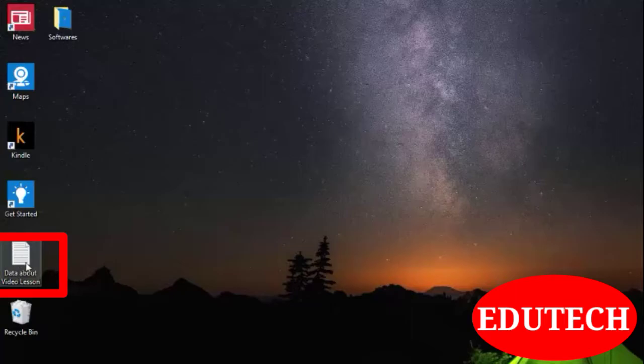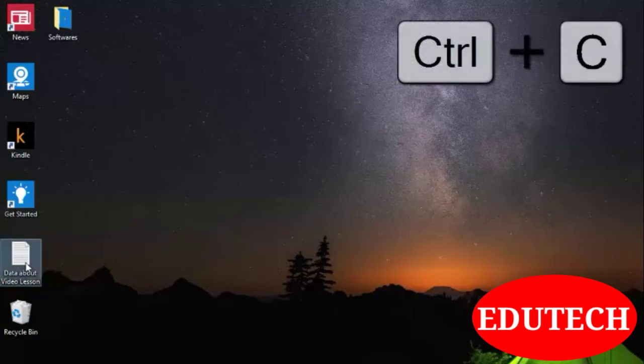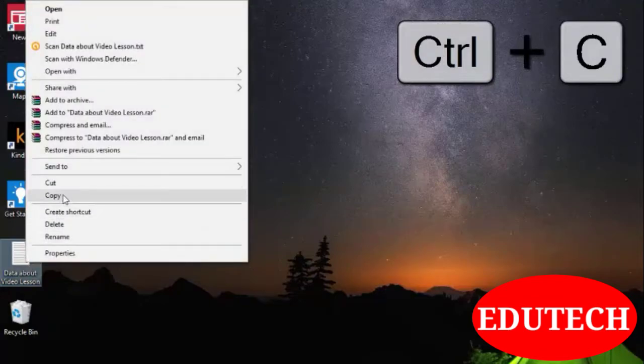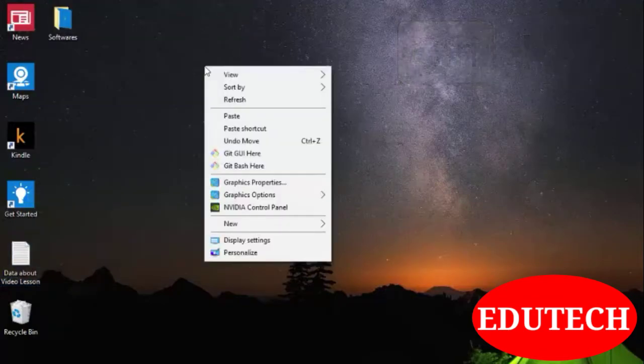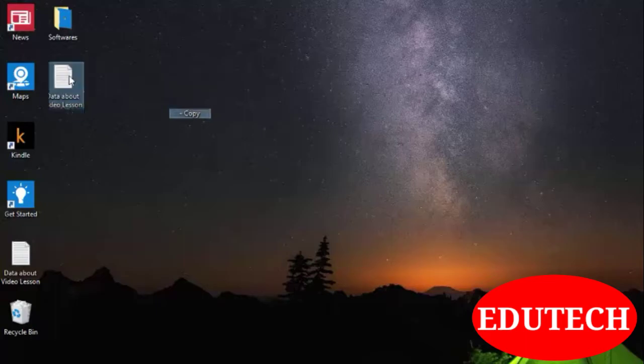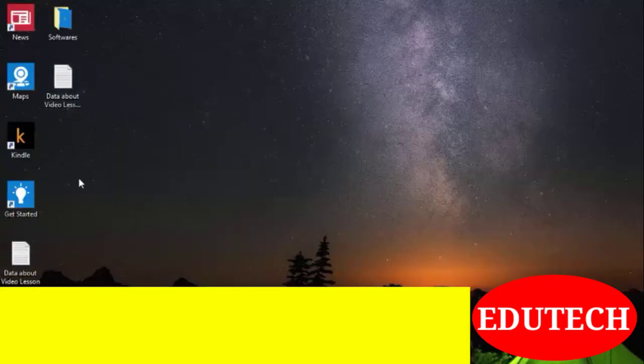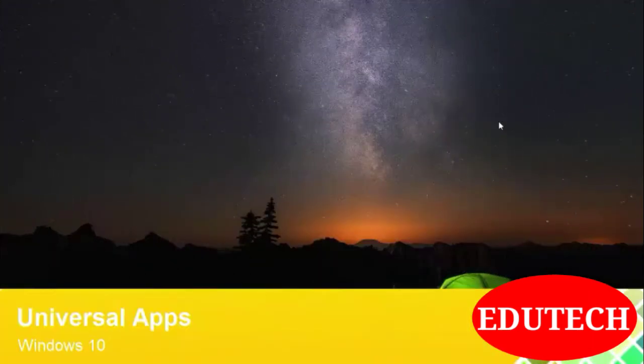Now if you want to copy this file, you can press Ctrl plus C, or you can right click on it and select the Copy command. Whenever you want to make your copy, just right click there and select the Paste command. So a new copy of this file is created. So this is about file operations.